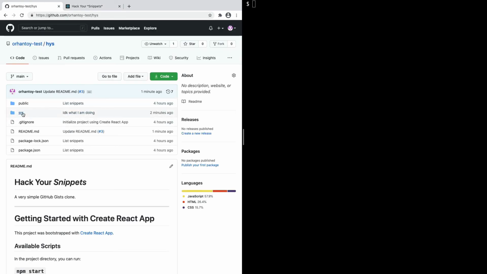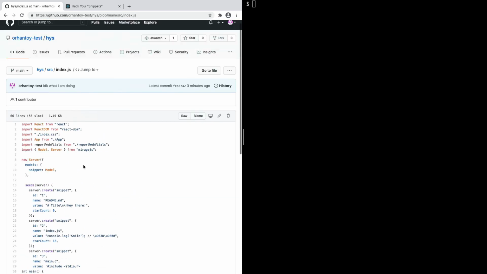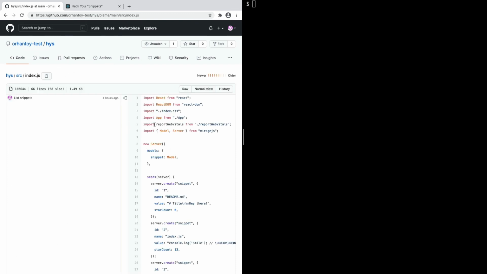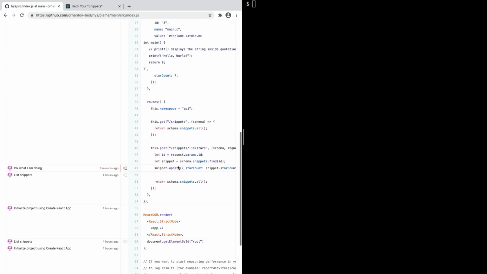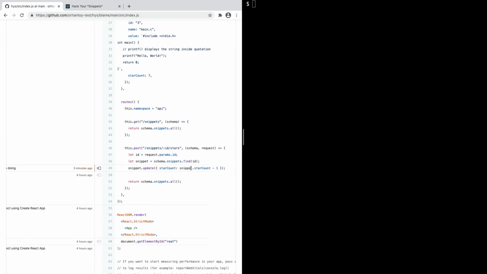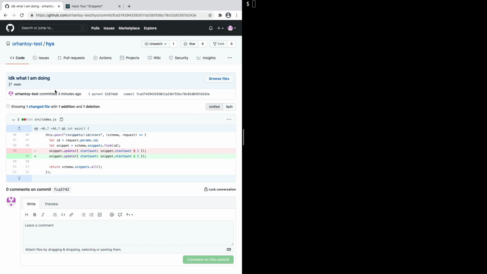And if we go to GitHub, we can actually go and inspect some of the files. If you go to this index.js, we can use the blame feature. Blame has sort of a negative meaning, but it's also a way to just find out why a certain change was made, and perhaps find a pull request where you can get some more context. And actually, I noticed down here that when we update the snippets star count, we are now saying -1. And we can see that this was caused by this commit here, made by myself,